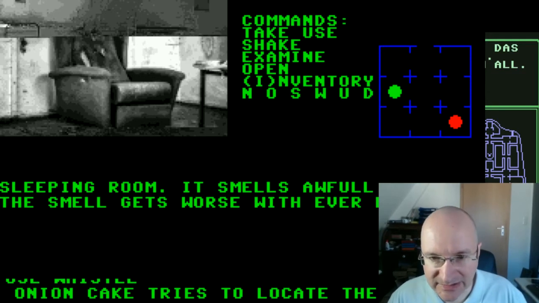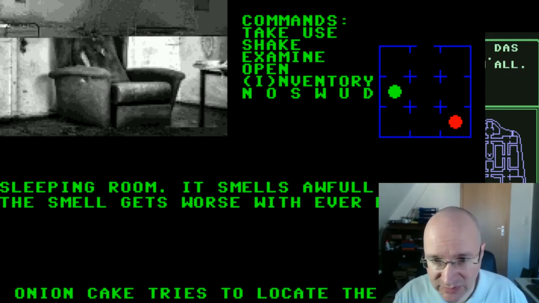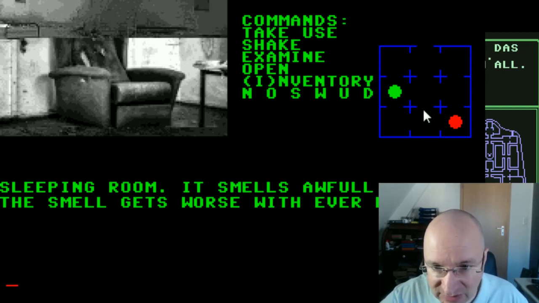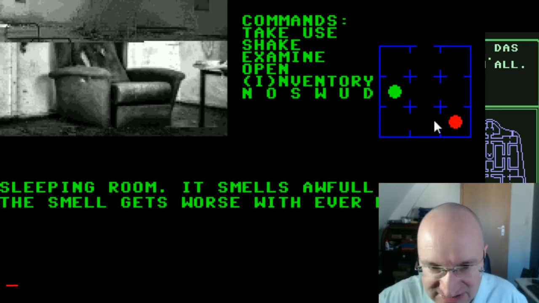Okay, so the problem is the following. What we have to do now, the next thing, is we have to enter the kitchen, which is located here. And the problem is that Onion Cake just doesn't want to go too far away from that kitchen. And you have seen I've tried it several times, so